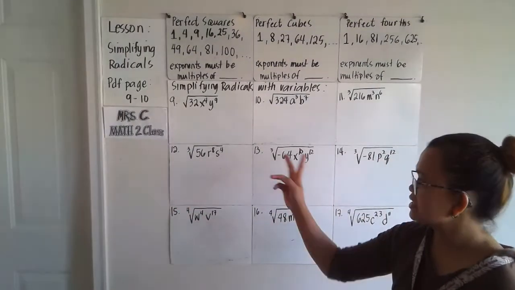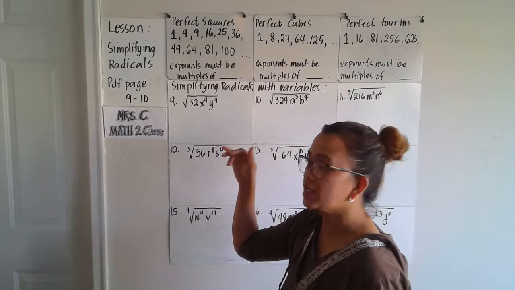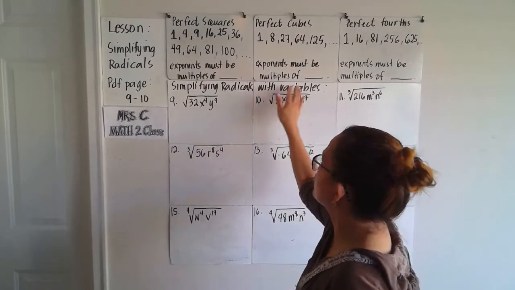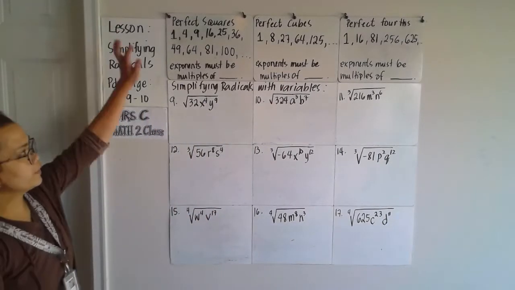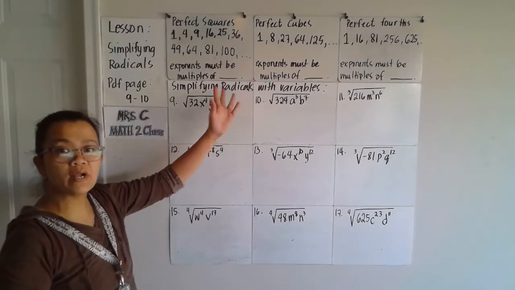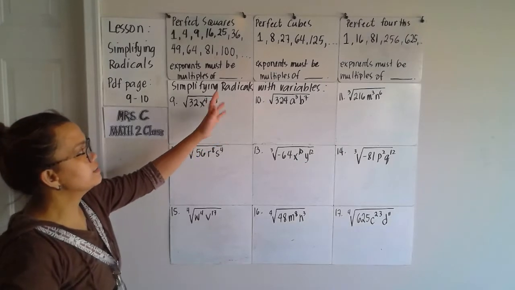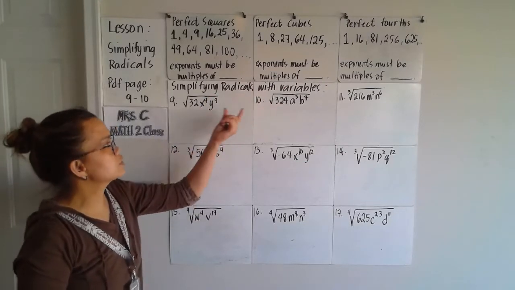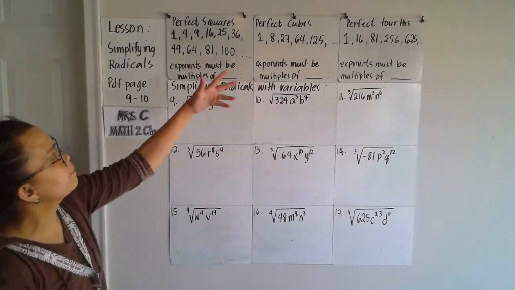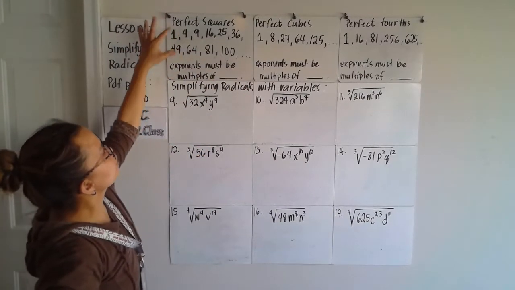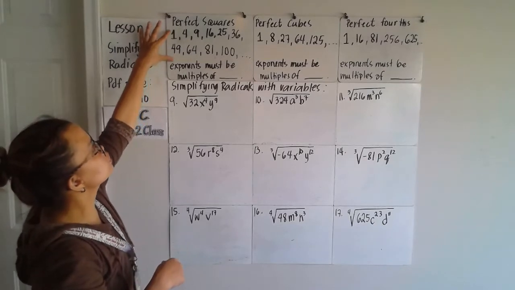Hi, welcome back. This is the second part of our lesson for today, simplifying radicals, this time with variables. Earlier, we just did the simple radicals and radicand. We're just simplifying the radicand there. Now we put some variables in it. But before that, let's recall all these numbers, which are perfect squares. So we list down the perfect squares